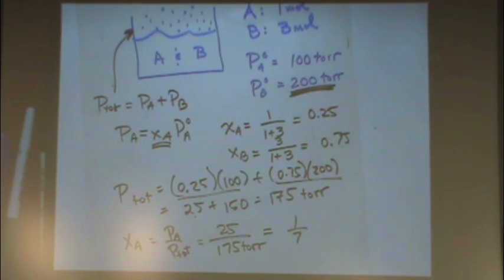But for like 25, isn't that inside the liquid? The 25, that's the partial pressure of A, and that's above the liquid. The mole fraction is in the liquid, but the pressures are always gases. Always, always gases. Is that okay? So it just matters where the mole fraction comes from. And that's a key difference, I should say, between Raoult's law and Dalton's law. The other difference would be, are you using P total, are you using